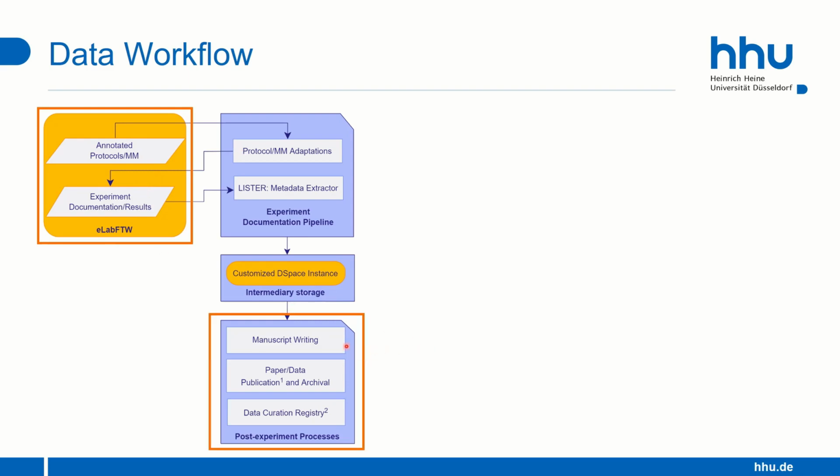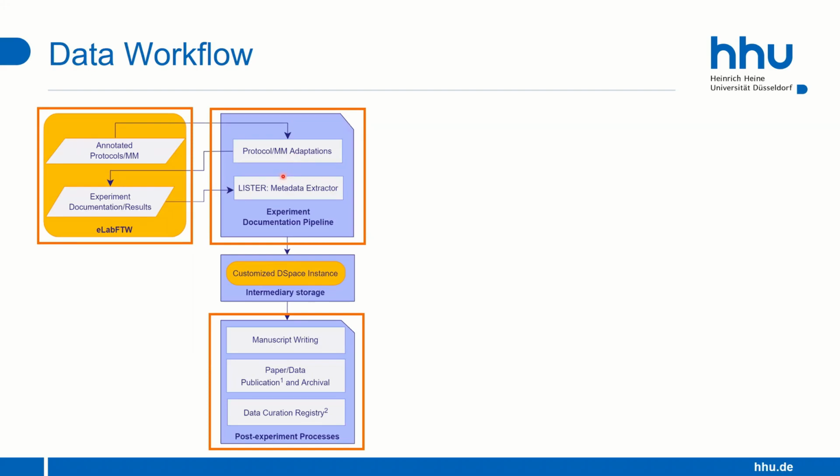So we would like to come to a point where we have data ready according to FAIR principles to be used, for example, and found again for manuscript writing, to be connected to other registries, but also to be able to either have it ready for publications or upload data as required for publications or archival. And what we needed to do primarily was develop either protocols, which are more of the type of standard operating procedures, or what we call materials and methods parts with these so-called markups or annotations, as I will introduce to you.